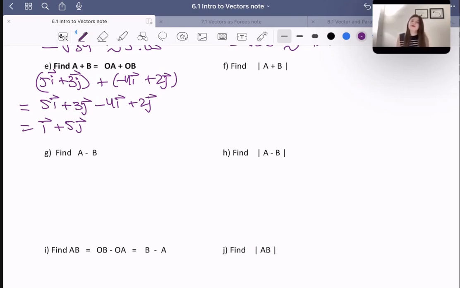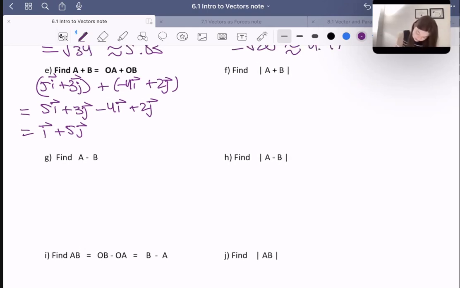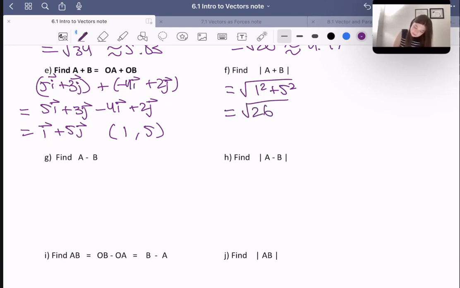Okay, now how would we find the magnitude of a plus b? So keep in mind a plus b is this, which is the same as 1 comma 5, right? If we just convert that quickly, it's just the coefficients. So to do that, we would say this is the square root of 1 squared plus 5 squared, which is equal to the square root of 26, which is about 5.1. It's just a little more than 5. So that's what